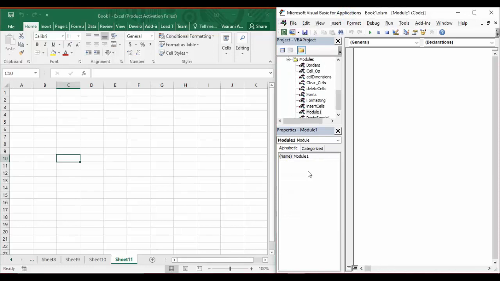Let's insert a new module. By default you will get the name Module1, so let's rename it to something more relevant to our context. Cell_Select is what we are actually going to see today. So in the code pane, let us start by creating a sub procedure and providing a name for our macro, that is Cell_Select. Open and close the parenthesis, and once you press enter, you can see End Sub is present, which means Visual Basic has recognized it as valid VB code, which is exactly what we wanted.